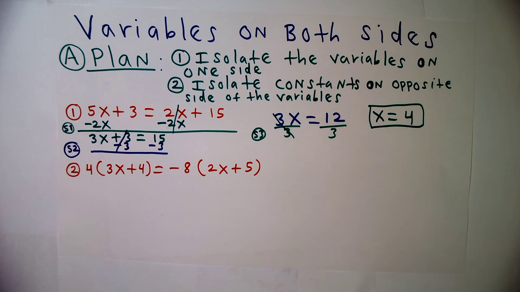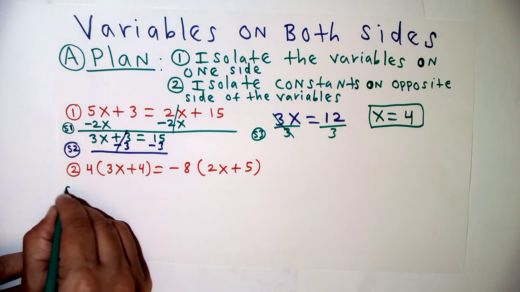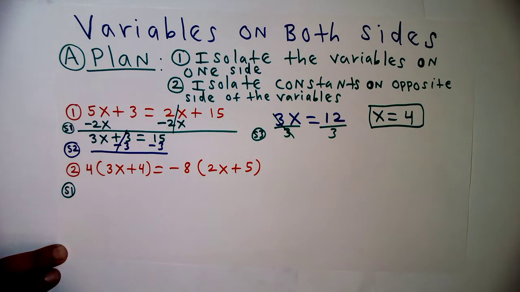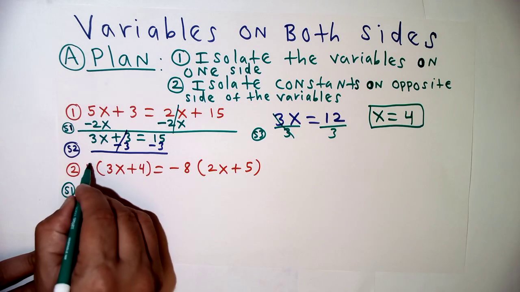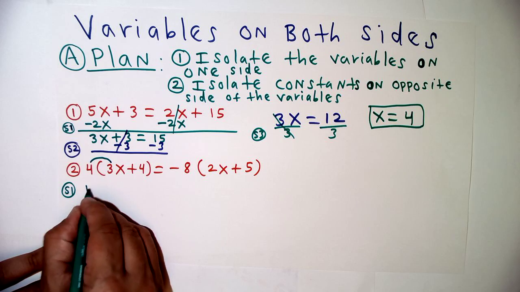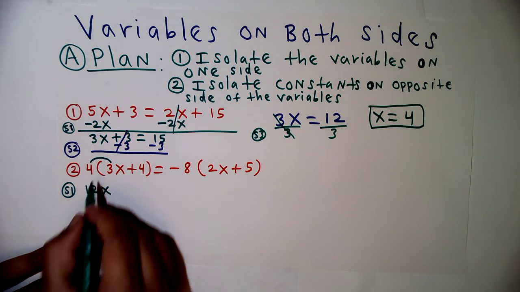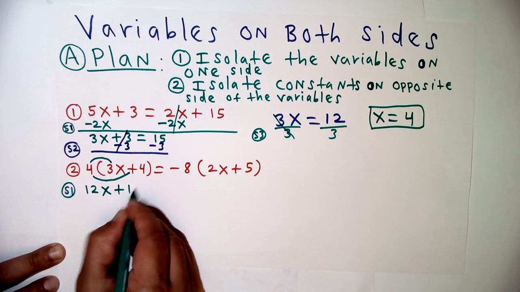If you look into the next one, it looks like a longer problem, longer equation here. Why? Because we have those variables there. But you notice from the previous video here, we're going to fix that situation quickly by using distributive property. That should be, in this case, your step 1, distributive property. So my step 1 is going to be distributive property on both sides. So let's start here. 4 times 3x is 12x. 4 times 4, 16,